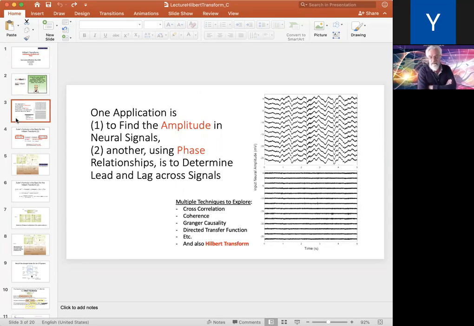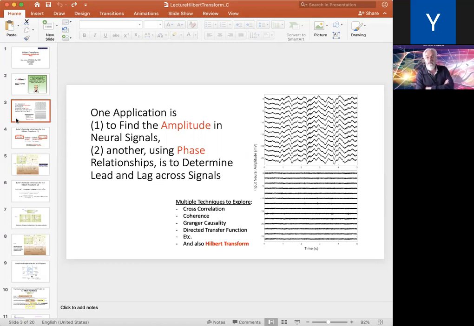So, let me give you a preview of what we can do with this transform in neuroscience. We can find the amplitude of a neural signal, for instance an LFP or an EEG-like signal, like you see on the right part of this slide. We can also use it to look at the phase of a signal, and if you have multiple signals, like in this example on the right side, you can look at the phase relationships between the two. In that sense, you can say who is leading and who is lagging. And that sometimes is pretty useful if you want to analyze